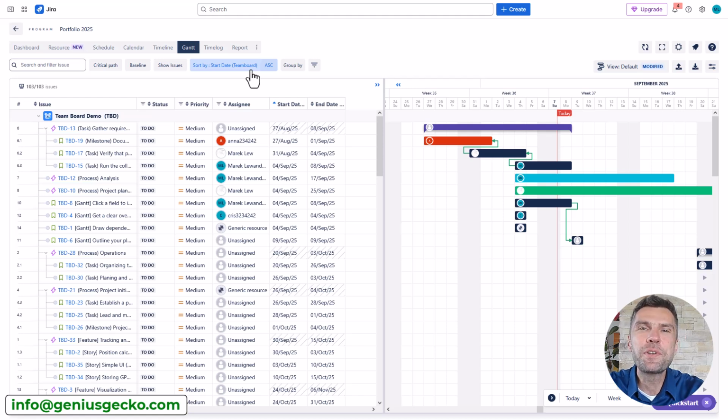So what is TeamBoard Pro Scheduler? And is it really a pro tool? Well, it's a comprehensive project and portfolio application for Jira. It's designed to help teams and managers visualize, plan, and manage projects, programs, and portfolios, as well as resources directly